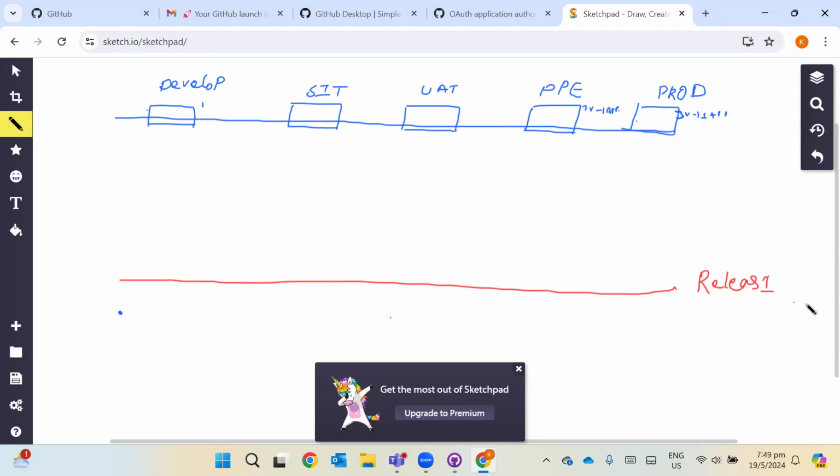So let's start with the simple one. We have only one release at a time. Let's say this release's start date is 1st Jan and completion date is 30th of March. This is the release period, and this is the release date. So first thing,